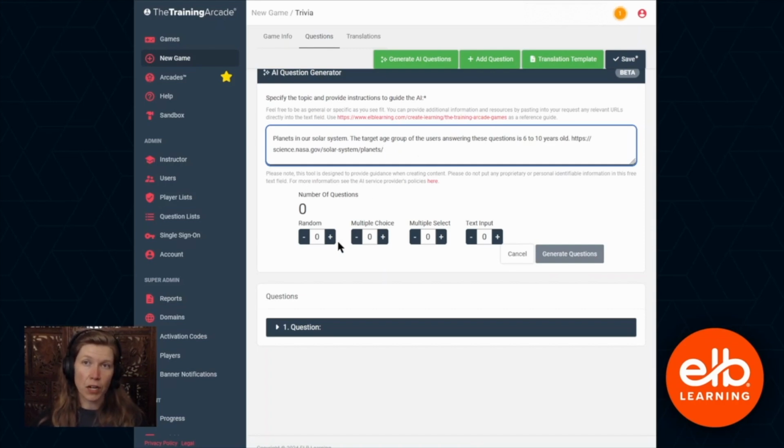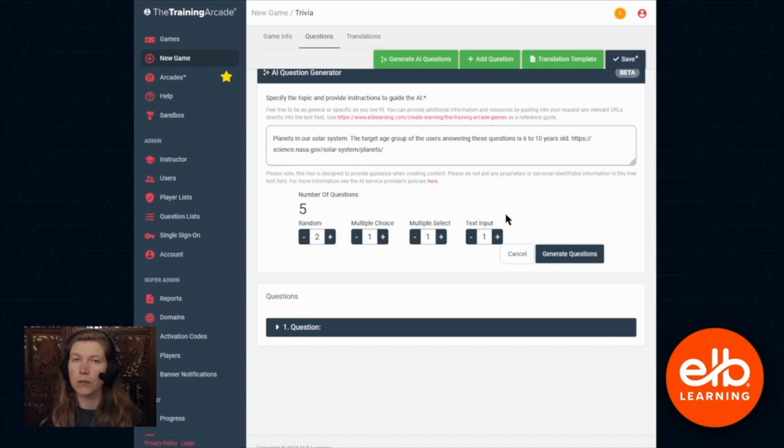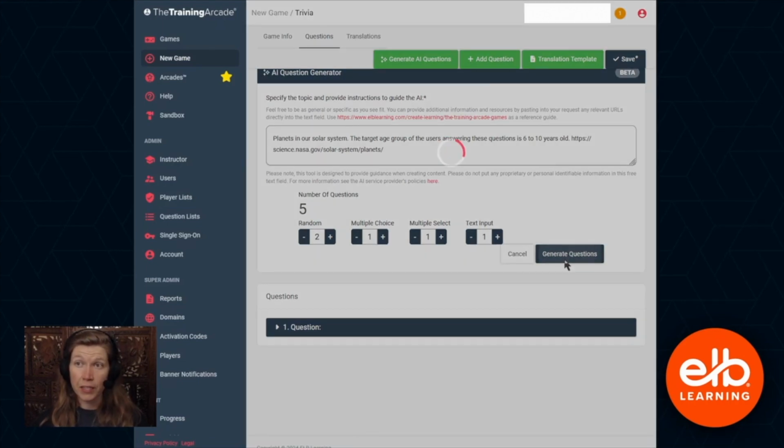When you've given it a prompt, you can just say, okay, I want X amount of questions, but in this case, just to keep it simple, I'm just going to do 2 random: 1 multiple choice question type, 1 multiple select question type, and 1 text input. And random is just of these 3. We don't support any other question types at this time. So when you hit generate questions,